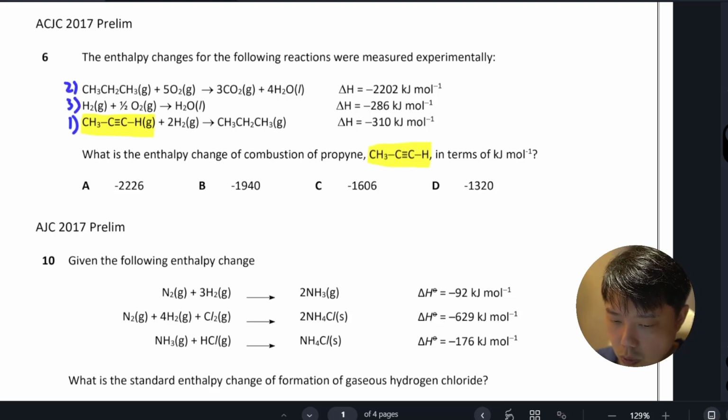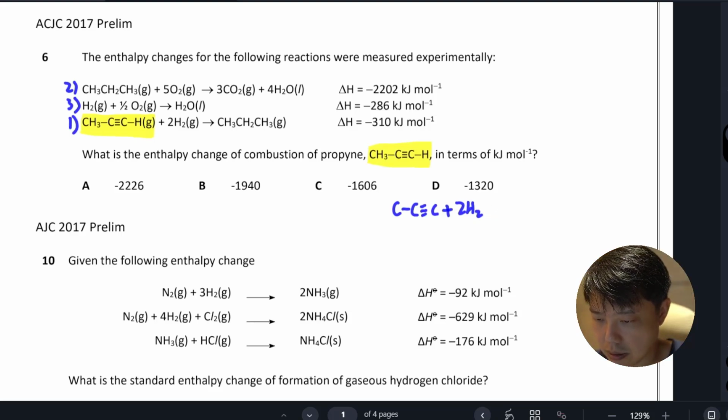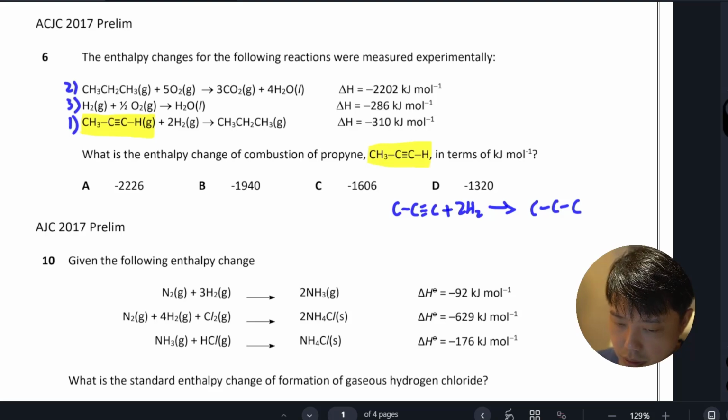We'll just put equation 1 here on top. 9 bonds plus H to propane. Okay, so we've used up this equation, we'll take it out. Then